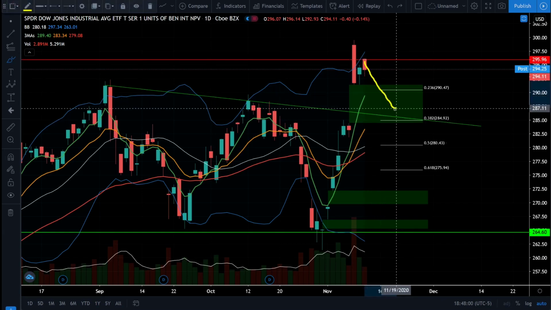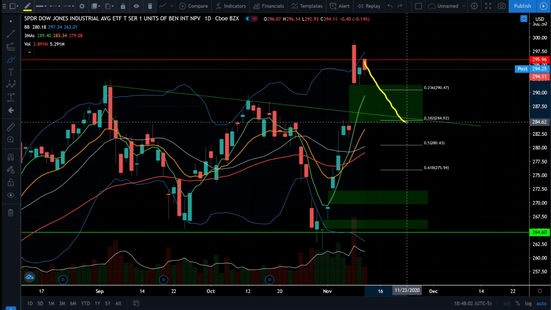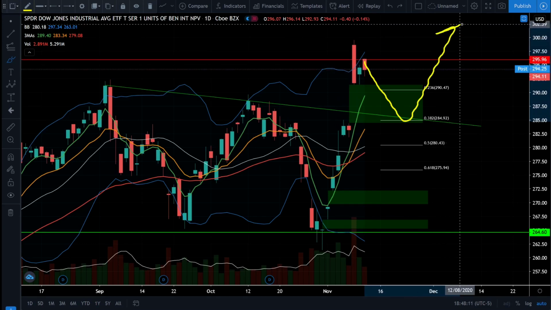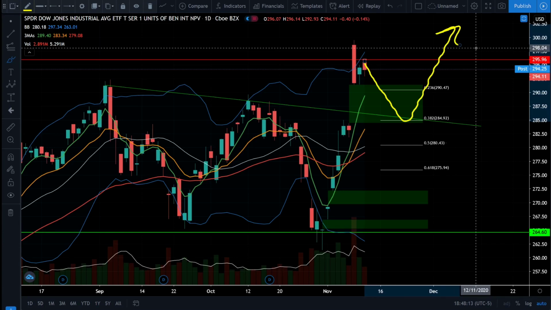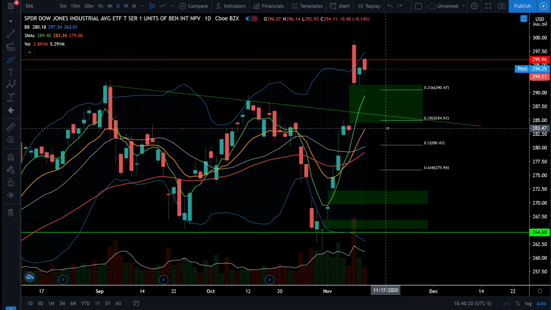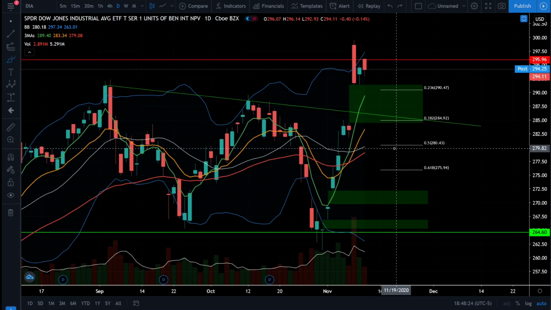So if we get a dip down to this level and close this gap, we could find significant support there and start bouncing and get another attempt at the previous all-time high. This could be the time that the bulls break through on the Dow and finally get that new all-time high on a closing price for the daily chart. So the Dow is definitely bullish because we got that extreme bullish price action and that strong bullish trend. So we're also looking for opportunities to buy the dip.